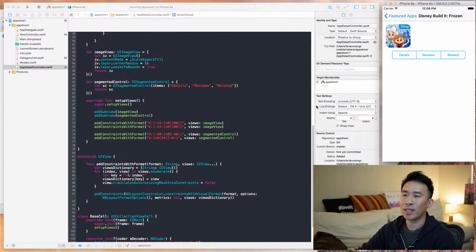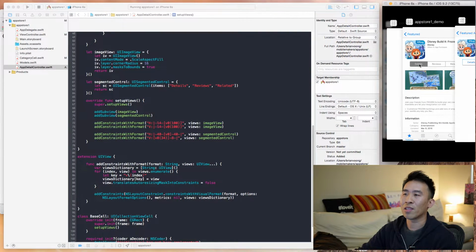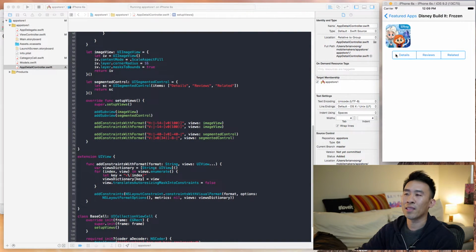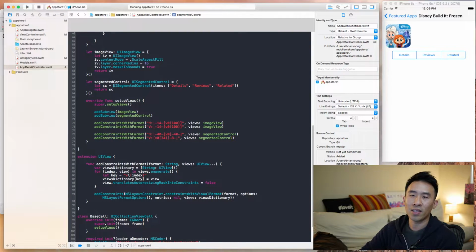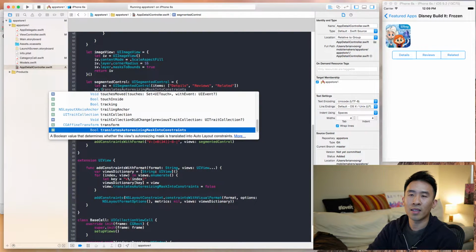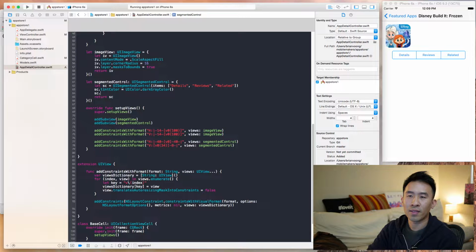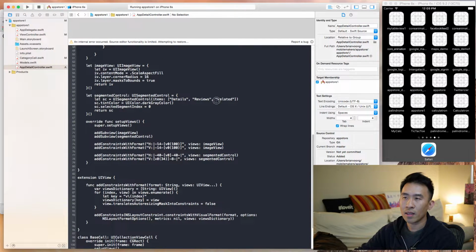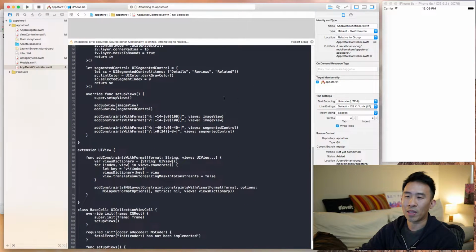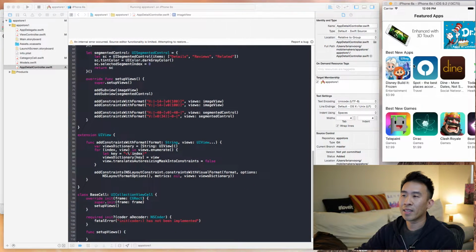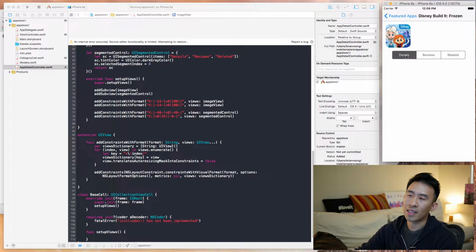Right, so that was pretty easy. And now I want to actually change the color to this gray color. The App Store has this gray tint on it. So let's just do this right now. Tint color, right color, maybe dark gray color. And then we'll say selected segment index is 0. So now that I run this application here, we get selected index is 0, and then we get this darker